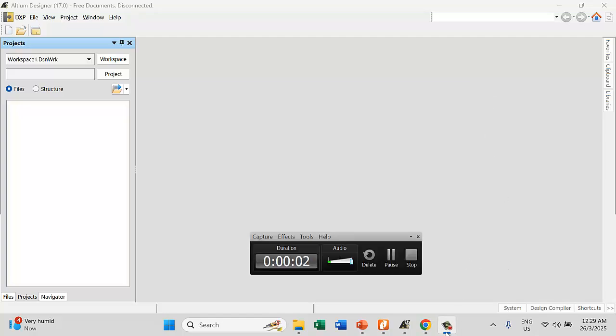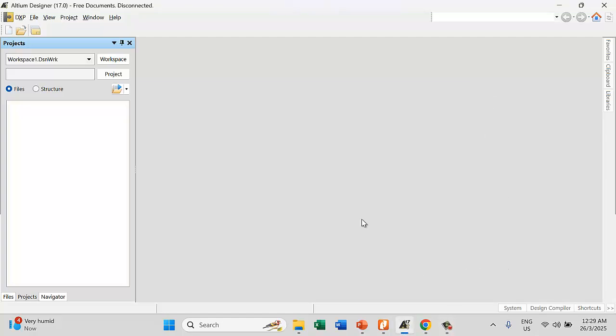Alright, I will show you how to create an Altium project, then design the schematic, and then design the PCB. So we compile, then we do the design, we check, later. So first,